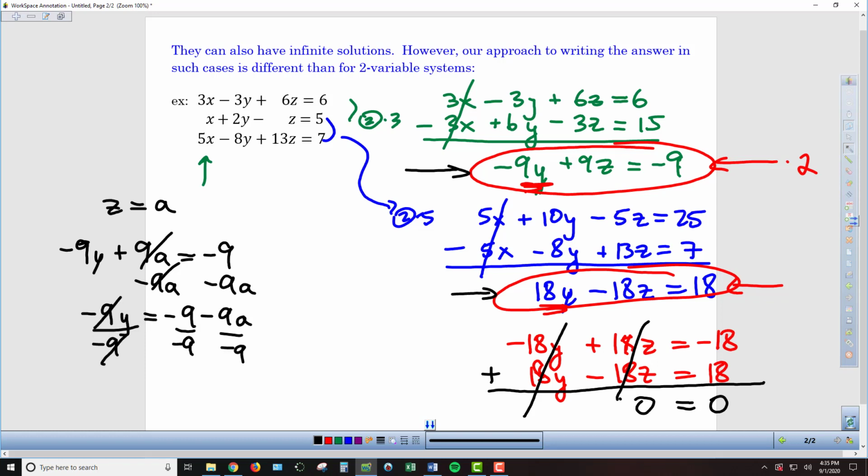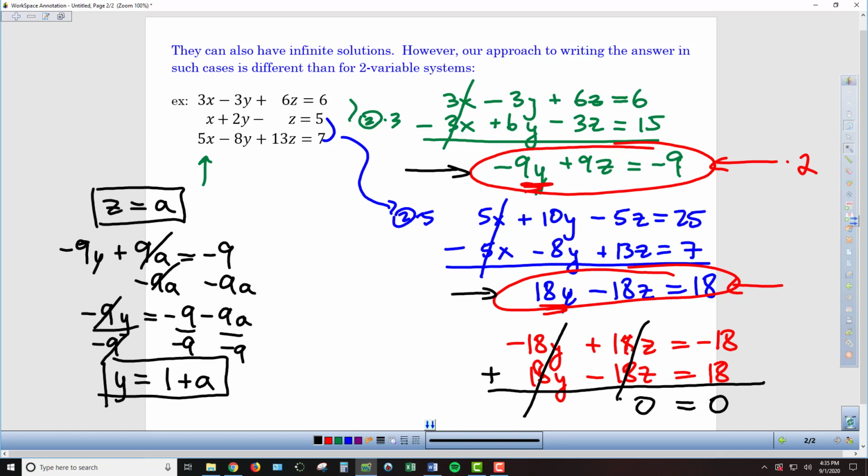So I've got y equals, now negative 9 divided by negative 9 is just 1, and then negative 9a divided by negative 9 is going to be positive a. So when z is a, what this is telling us is y is 1 bigger than that. So if z is 5, that means y is going to be 5 plus 1, it's going to be 6. If z is negative 8, y is going to be negative 8 plus 1, so negative 7. So this is just telling us the relationship between the numbers that are going to take the place of z, the numbers that are going to replace the y, and now we need to figure out what the x is